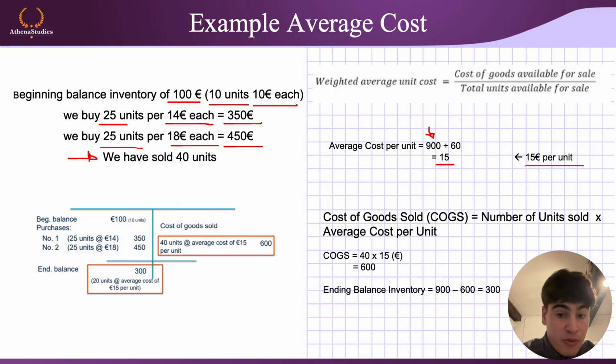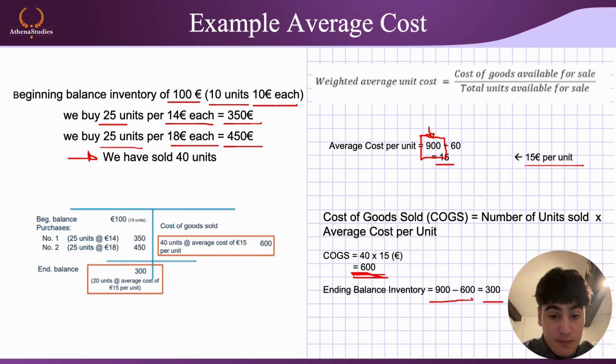So as I said before, this calculation is 40 times 15, which is equal to 600. But be careful, because 600 is the value of the goods sold. Okay? So since we know that we have 900 in the inventory, but we sell 600 euros, we have to do a simple calculation, which is 900 minus 600